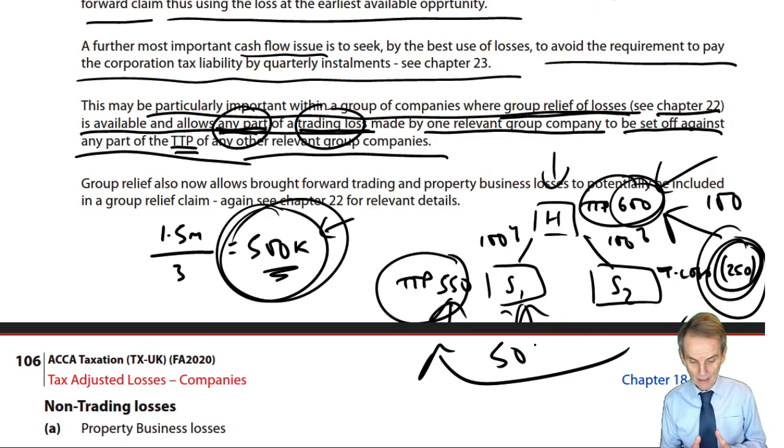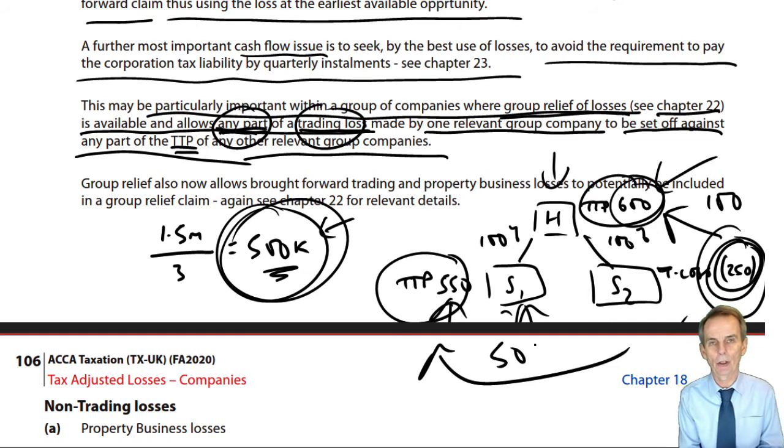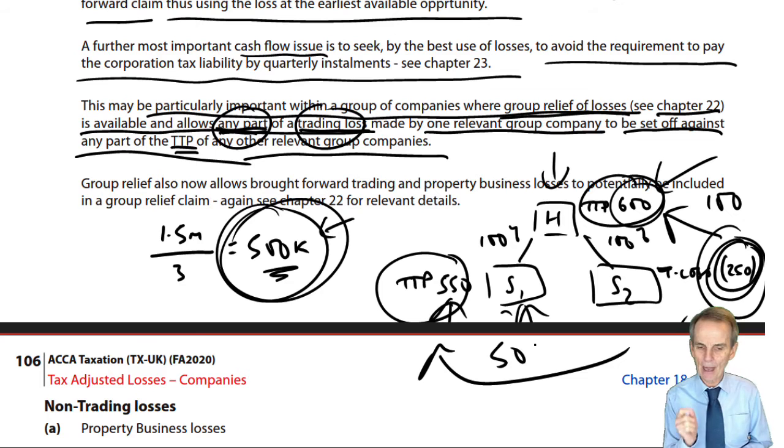But when you're dealing with a single company, the only issues we're looking at: current period claim, carry back claim, carry forward claim. If the company in question is part of a 75% group, then a further use is possible: group relief. And because of the flexibility of group relief in that current period, you are able to use as much of that loss as you choose,